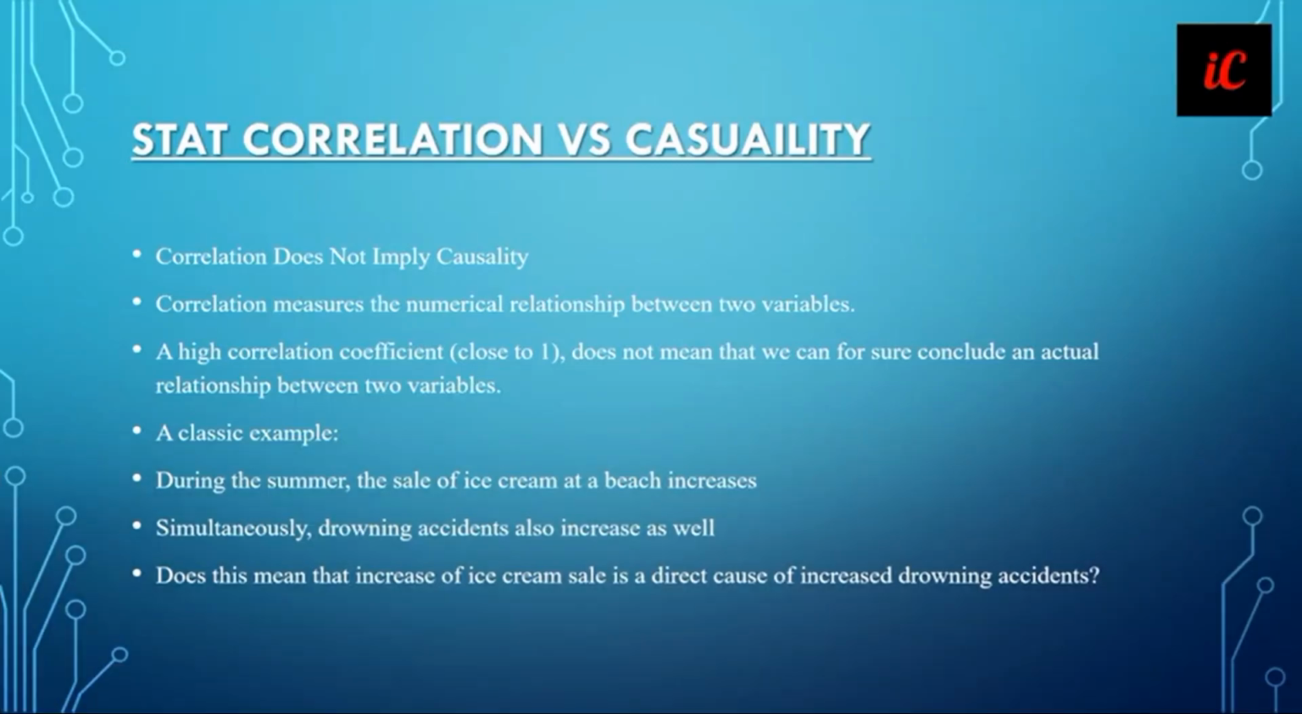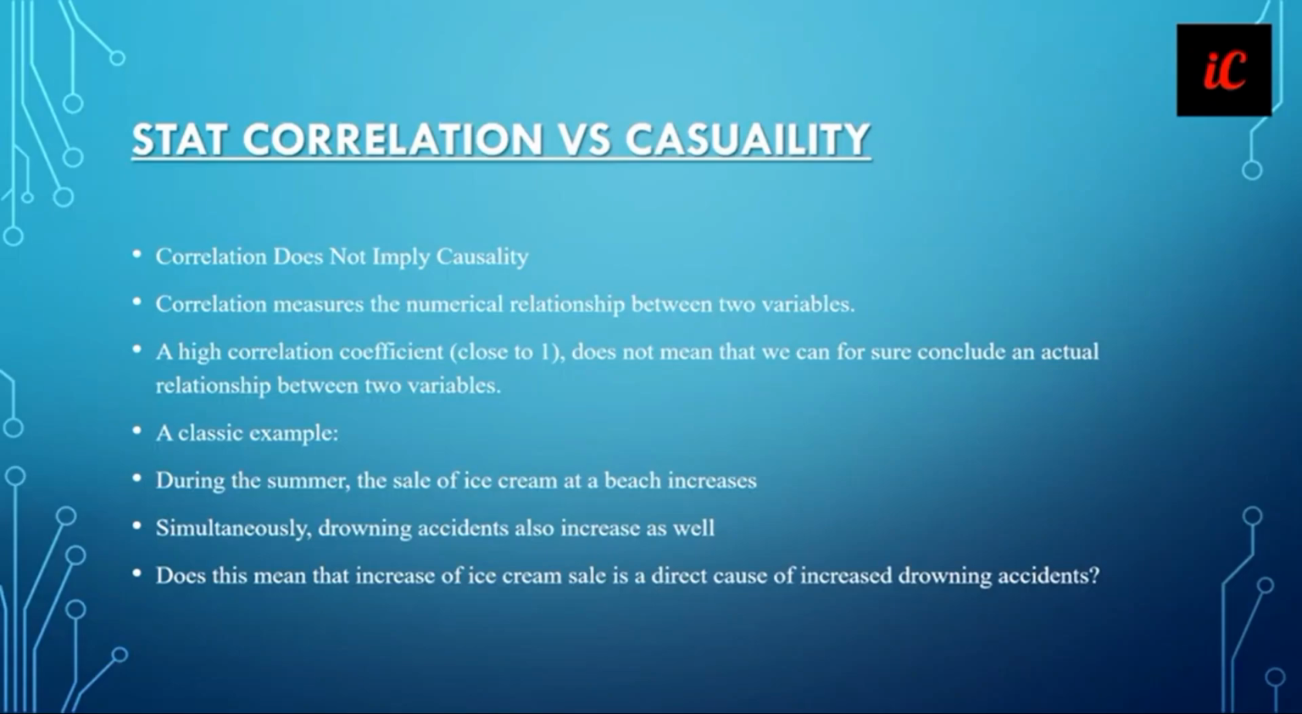Today we are going to study statistical correlation versus causality. So let's see what it is. Correlation measures the numerical relationship between two variables. A high correlation coefficient close to 1 does not mean that we can conclude for sure that there is an actual relationship between